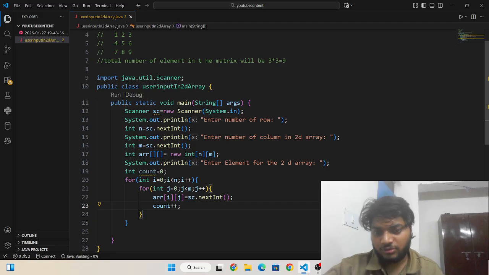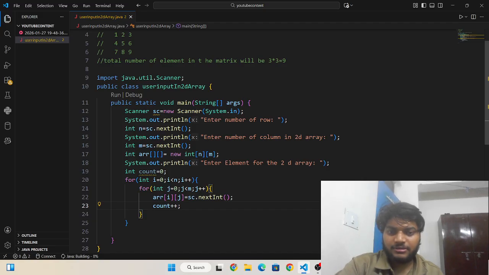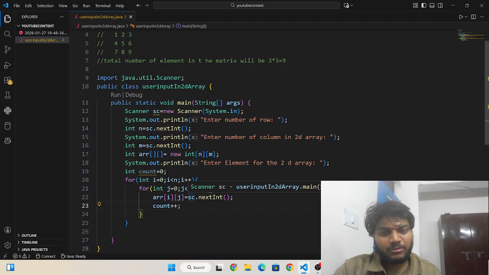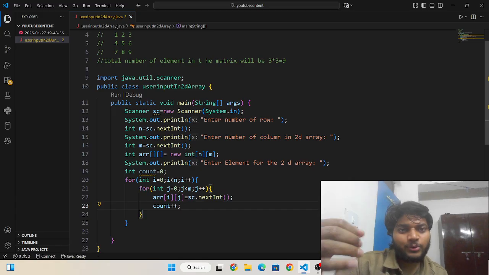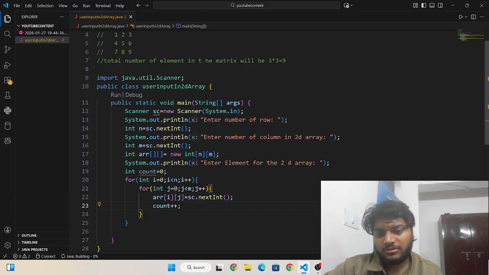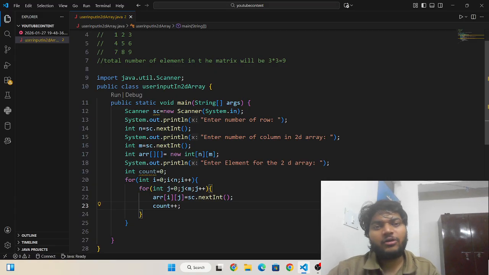Okay, so now I have taken numbers into the array, taking numbers from the user index-wise, and then incrementing count by 1.